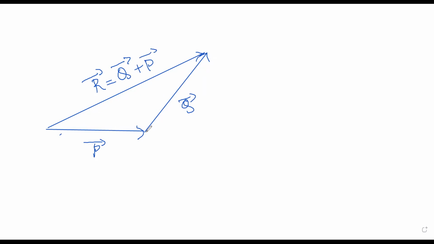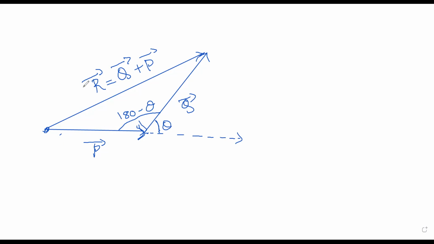Now, as I told you, what is the angle over here? That's what you need to see. The angle should be measured only when the tails of the vectors match, right? I was talking about sliding the vectors. Now, if you push the vector like this, this angle becomes theta, and this angle becomes 180 minus theta, which I mentioned in my earlier videos. So this is 180 minus theta.